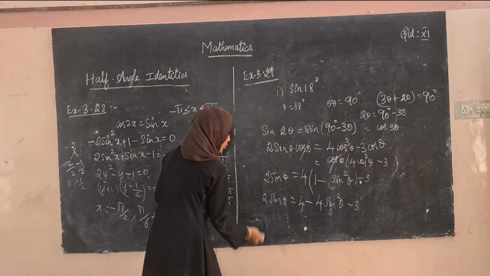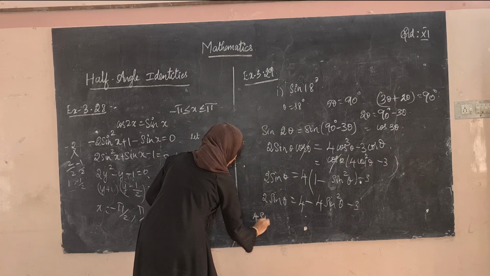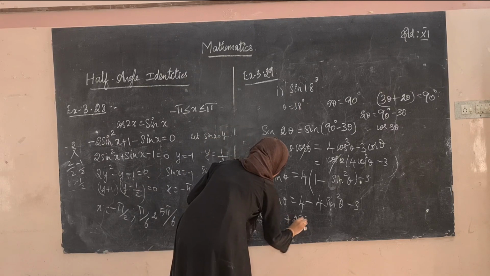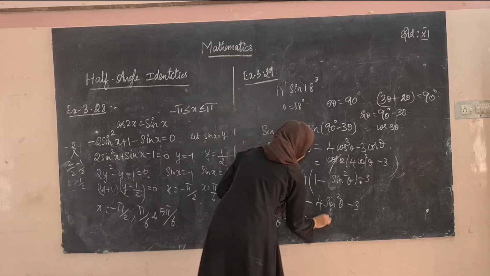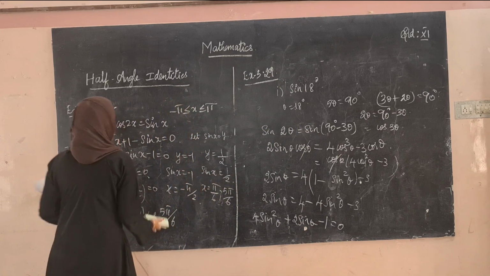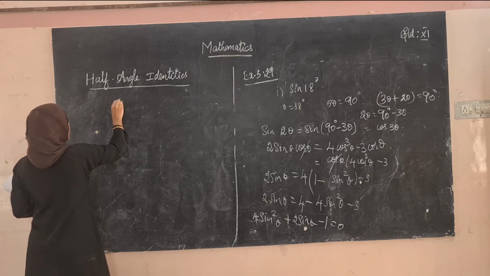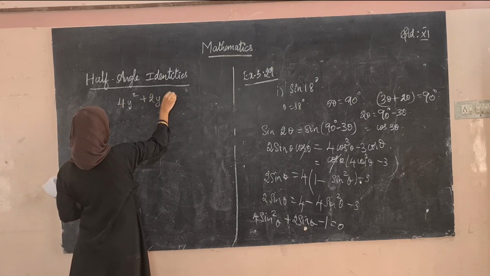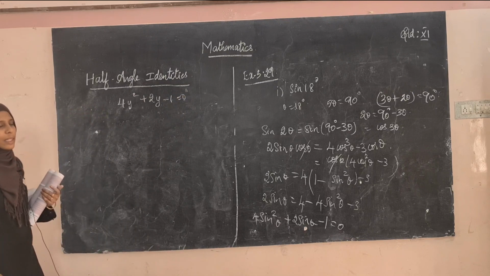So bring everything to this side. So 4 minus, when it comes inside it becomes less. 4 into sin square theta plus 2 into sin theta minus 4 plus 3 is minus 1 is equal to 0. Again we are arriving at a quadratic equation. So taking sin theta as y, you will be getting 4 into y square plus 2y minus 1 is equal to 0. If you try to solve this in the factorized method, you can't.